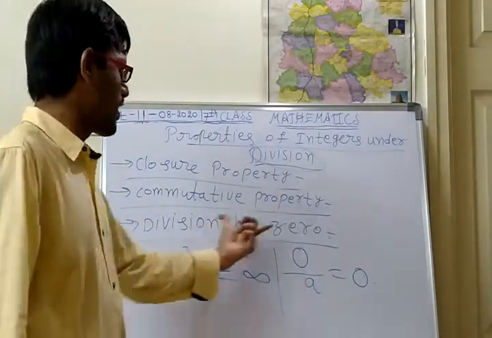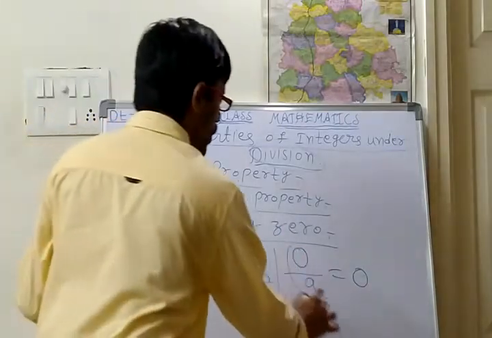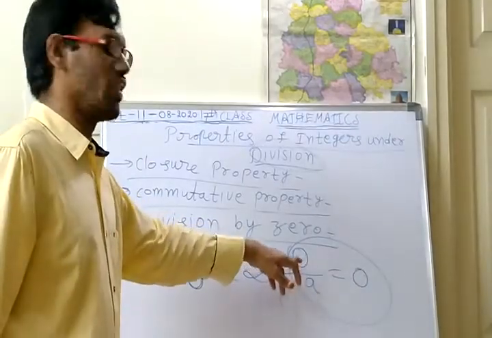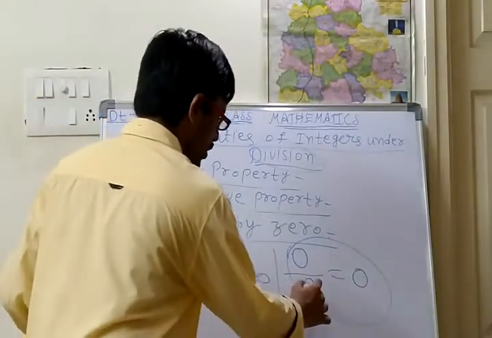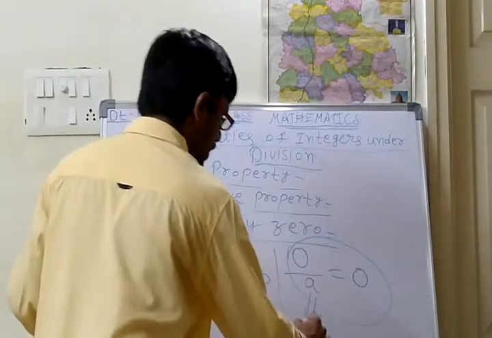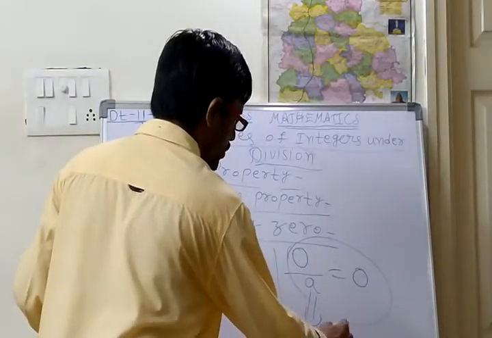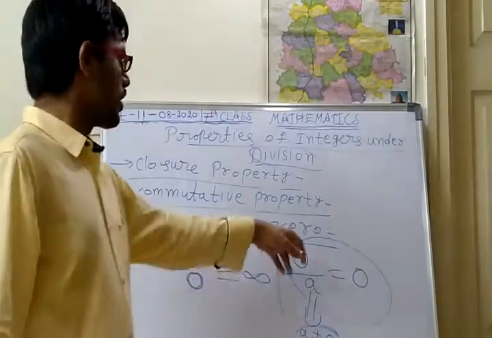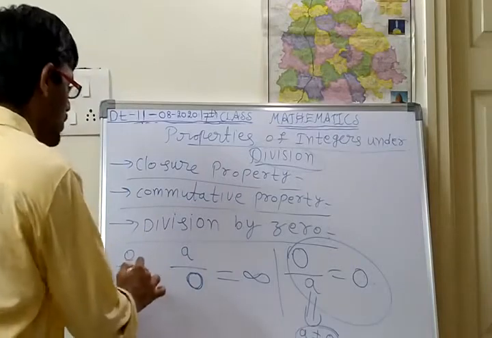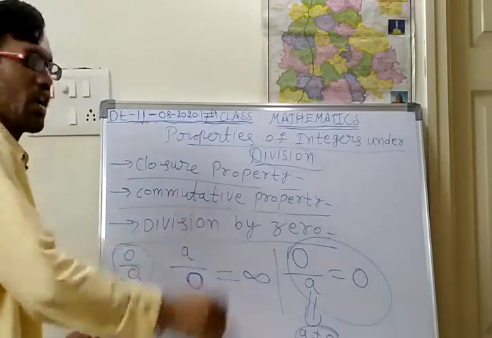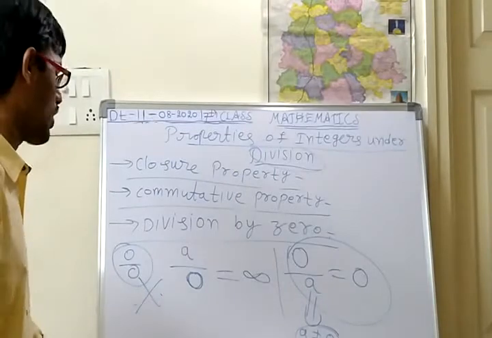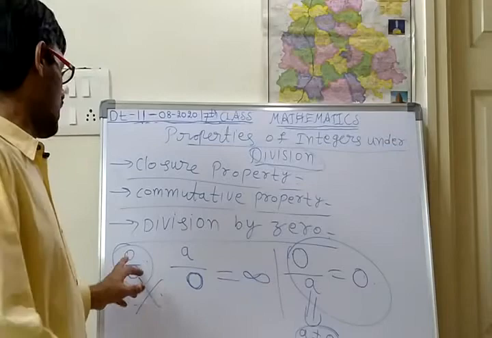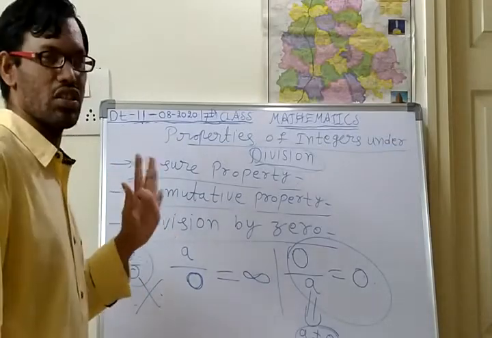Okay, so division by 0 is satisfying only for the 0 when there is 0 in the numerator. A very important thing: here a should not equal 0. In place of a there should not be 0. If there is 0, then 0 by 0 will be there, and 0 by 0 is undefined. We can't define that one, because down 0 is 0. So something by 0 we can't define. That's why for 0 by 0 there is no answer.